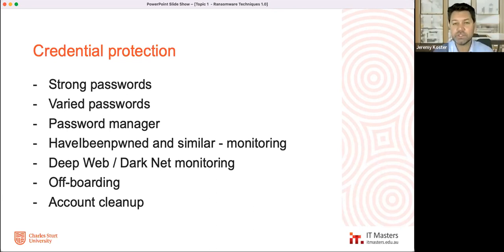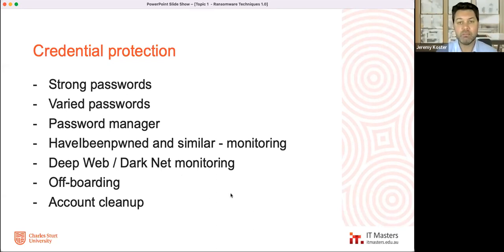Think about this not just for your mainstream systems, but also for the administrative systems. Maybe the cloud admin is a classic example. You've got a software as a service, but you've got an admin portal to manage that, or infrastructure as a service. With that portal, make sure that people who leave the organization don't still have access. Also make sure that you're using an SSO so that offboarding is easy. You turn it off in one place, you turn it off everywhere. Obviously, you need to do that in a secure manner as well. So that account cleanup, that offboarding, making sure your credentials are secure, and then also monitoring.